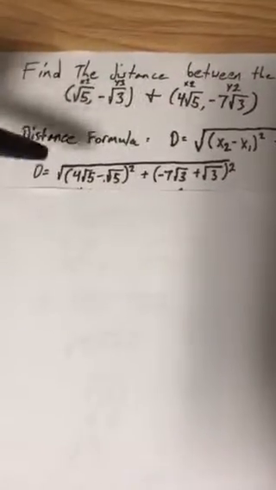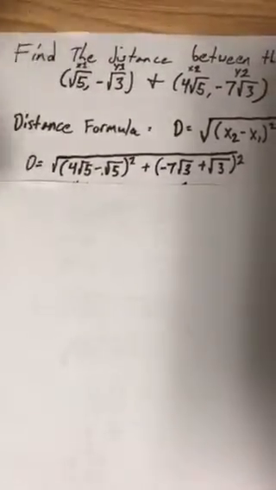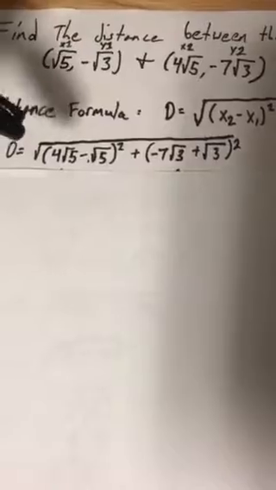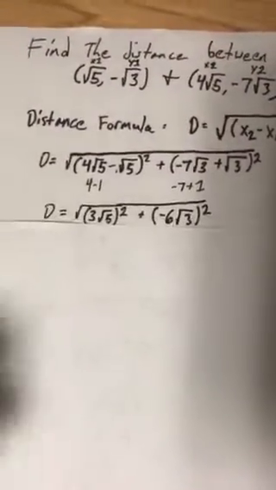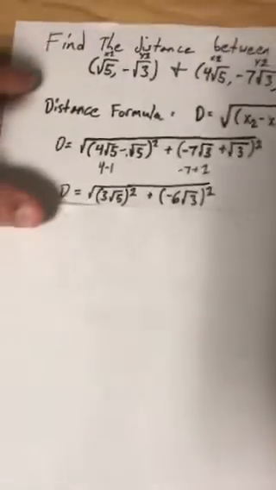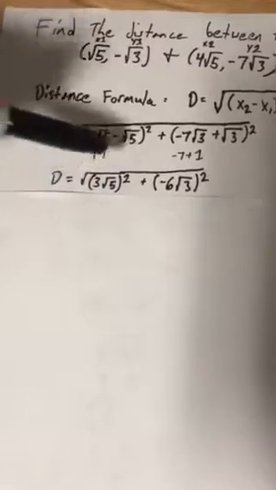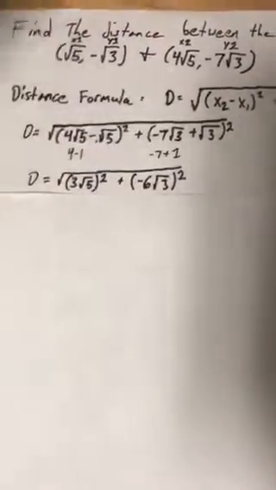So we're going to combine the like terms. With nothing being on the outside, we're going to act that as 1, so it's going to be 4 minus 1, which is 3, so it's going to be 3 radical 5, and then for here it's going to be negative 7 plus positive 1, so it's going to be negative 6. So we're going to have this right here. So as I said, 3 radical 5 with parentheses and it's squared right here, plus negative 6 radical 3 squared